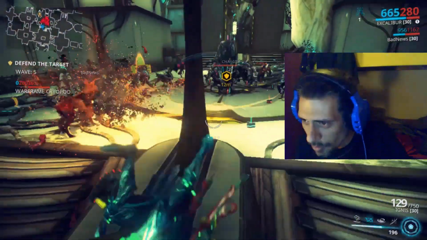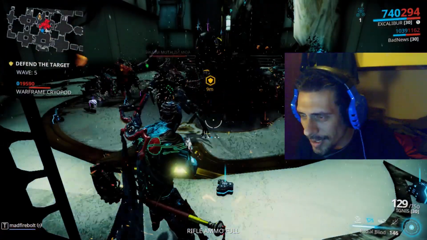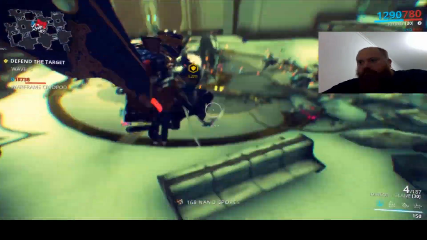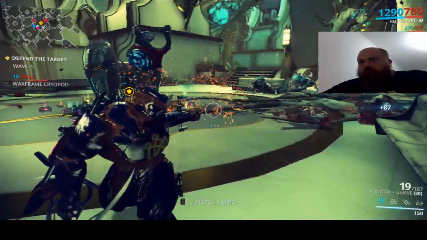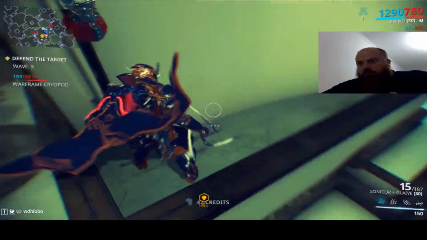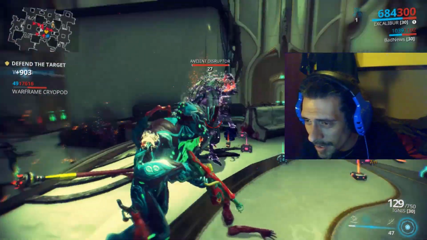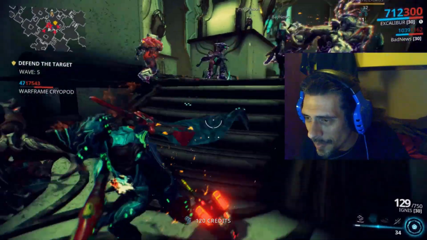So if you press 2, the second power of Excalibur, it's Radial Blind. What this does is emit a bright flash of light that blinds all enemies in a small radius for several seconds. So they cannot see and they get kind of dazed. As you see, they get blind and a little dazed for a few seconds,